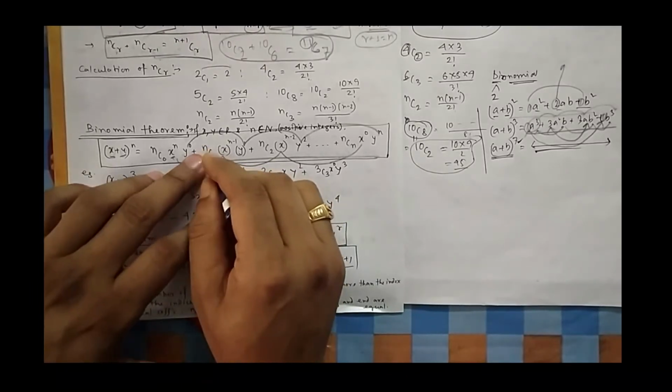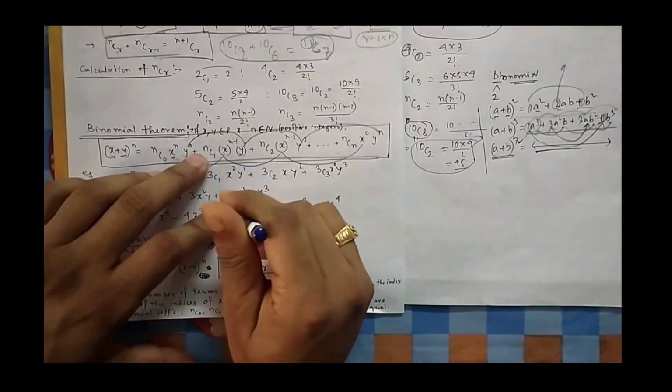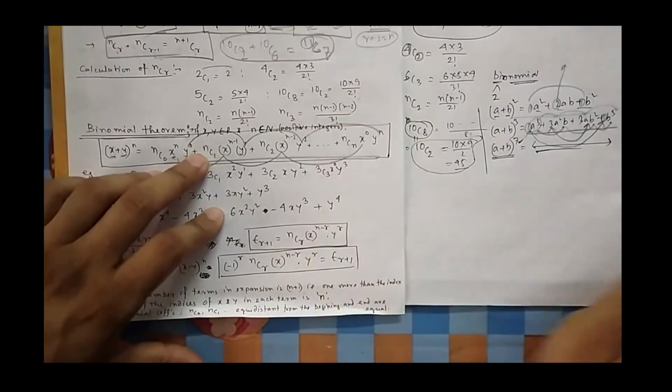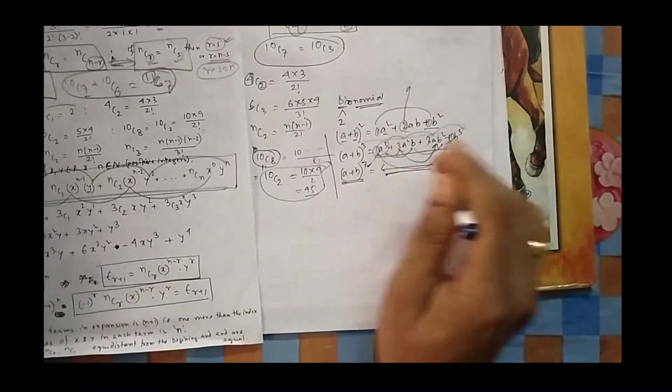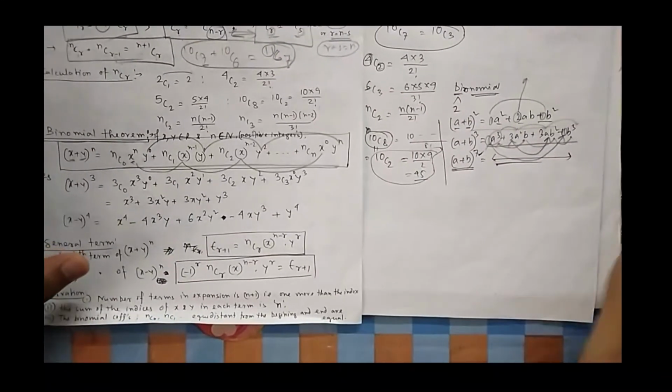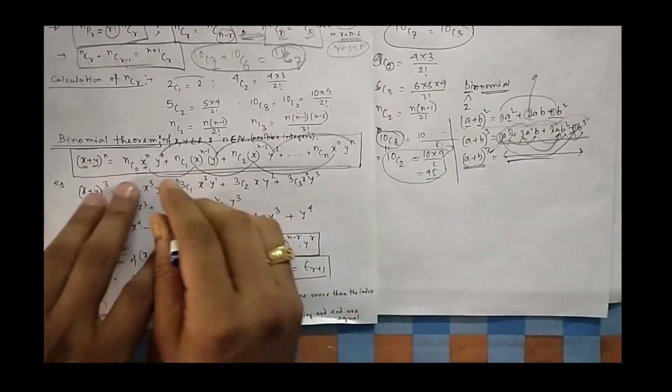nC1 we will calculate, 10C1, 5C1. What is the meaning of 5C1? Out of 5 you have to select 1. So how many ways can you select? 5. So you can see here also 2C1, that's why it is 2. 3C1 it is 3. So you will get some idea from your basic a plus b whole square and a plus b whole cube, the sum of these binomials. So this is the theorem.